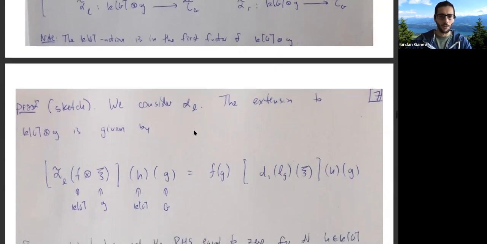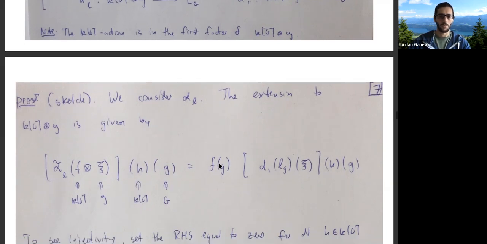So if we want to write out a big formula for what this alpha tilde map is doing, well, it's doing the following. If we have something in the tensor product, so an f in the affine algebra of G and xi in the Lie algebra, this is supposed to be a vector field, and so it's supposed to eat functions on G, elements of the affine algebra, and spit out new functions. So we have to say what happens when this function is eaten, and the output is evaluated at G. And so if you work it out, what happens is that